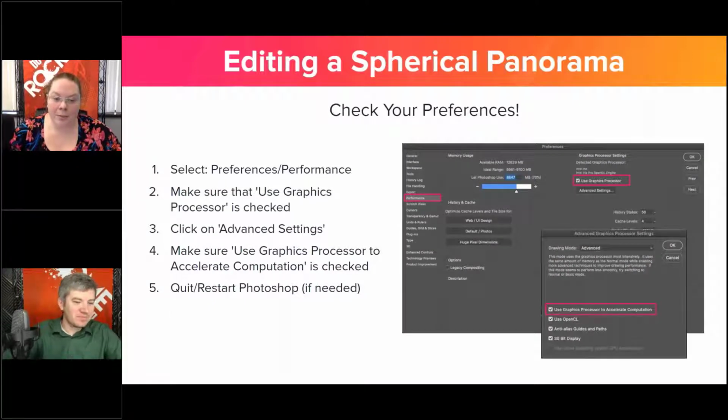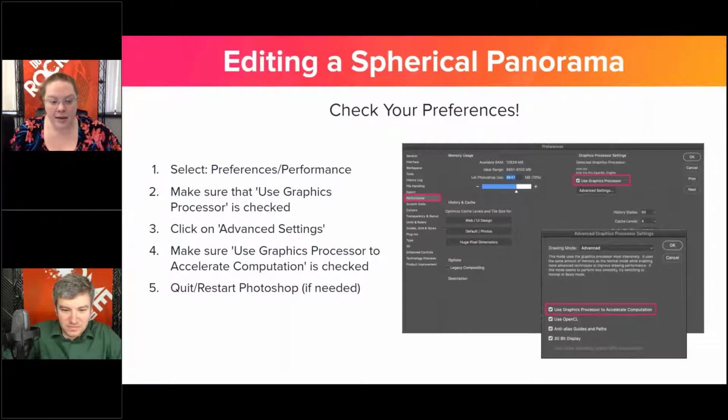So make sure to check your preferences. Go to Preferences and Performance and make sure that the Use Graphics Processor is checked. And then go to Advanced Settings right below it and make sure that the Use Graphics Processor to accelerate computation is checked as well, because that's going to improve your experience in Photoshop while editing